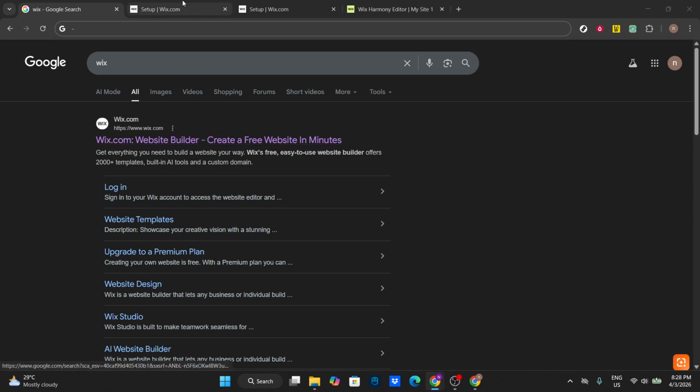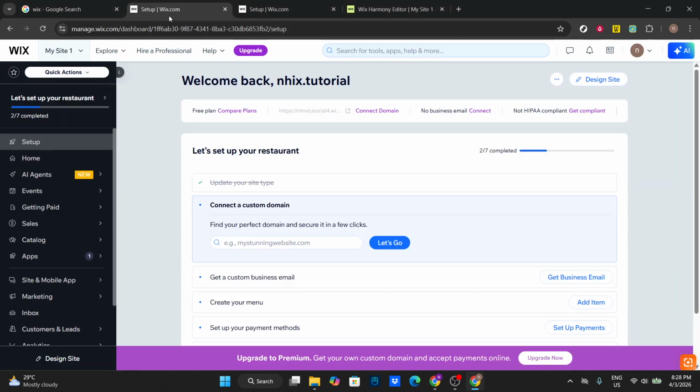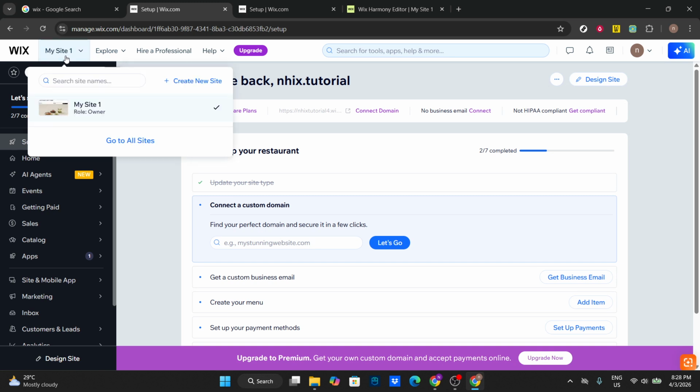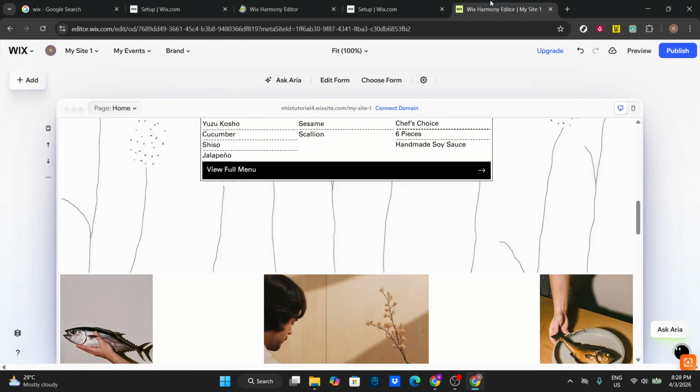Start by heading to wix.com and signing in. On your dashboard, look to the top left to pick the site you want to work on. If you don't have one yet, you can create a new site and come right back here. With the correct site selected, move to the right side and click Design Site. This opens the Wix editor, which gives you full design control. If you see a simplified builder, switch to the editor view so you can add and customize every element of